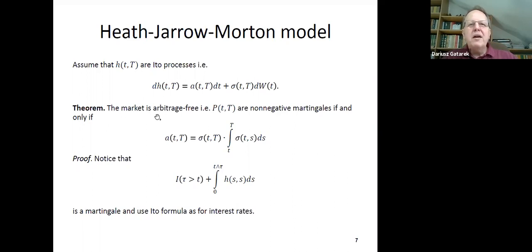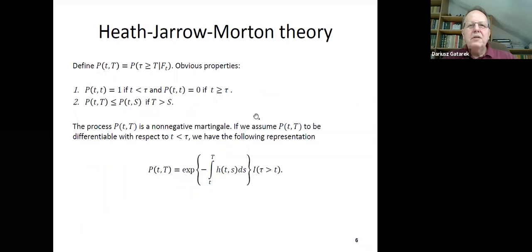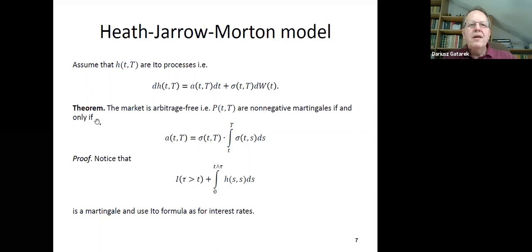So the market is arbitrage free, so P_t are non-negative martingales, if and only if this orthogonality condition holds. So the drift is of that term of the Heath-Jarrow-Morton. And the proof